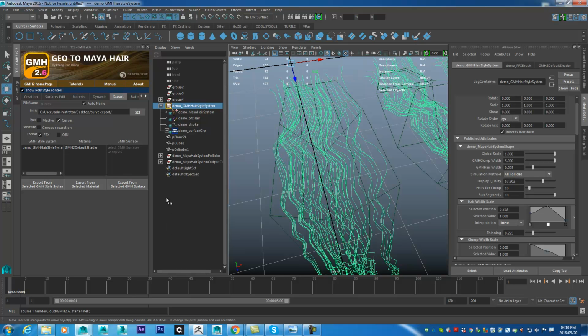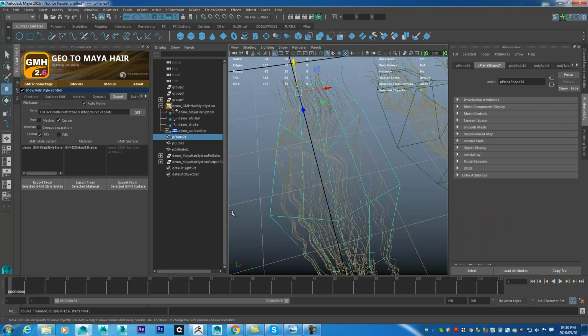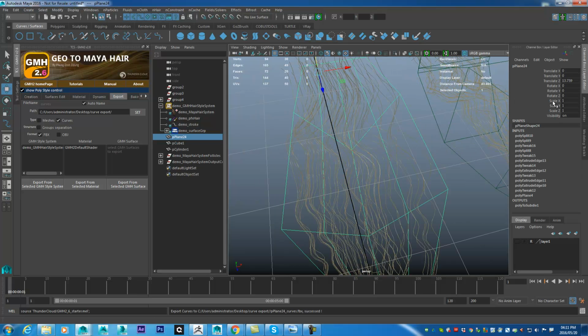And then lastly, what you want to do is just make sure you select the surface that you want to export, and then click on the export from selected GMH surface. And that will run through the process of exporting the curves. It says the p-plane 24 curves, which tells us it actually used the physical name of the surface as the name of the FBX file. So if we change this to flat plane, that's going to be flat plane as the file name kind of previews at the bottom. So now I'm going to open up a clean Maya